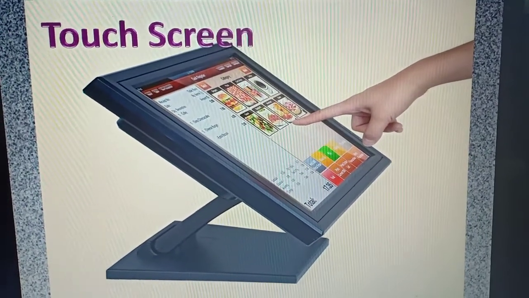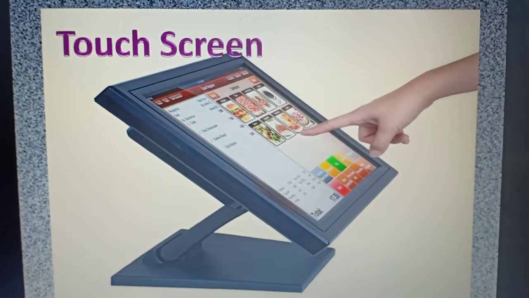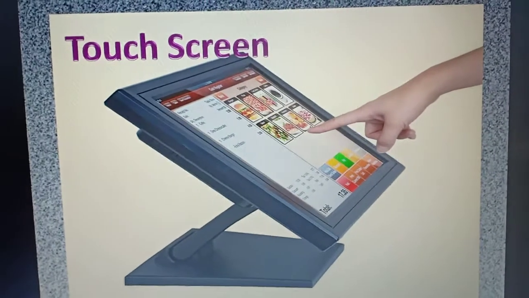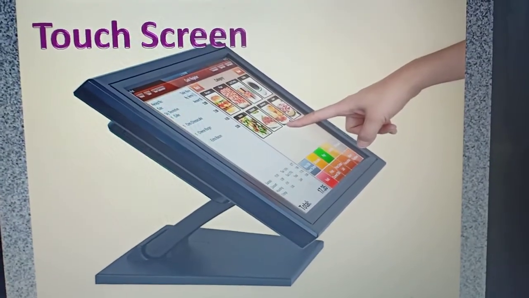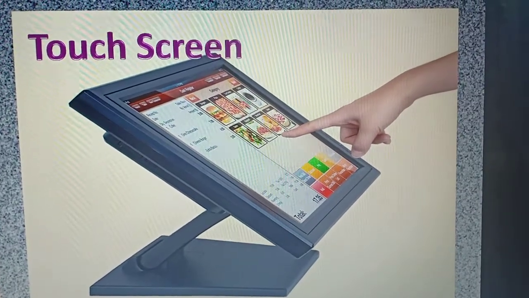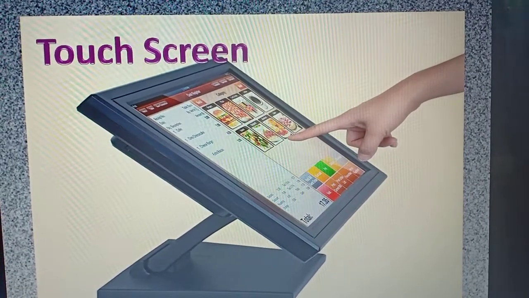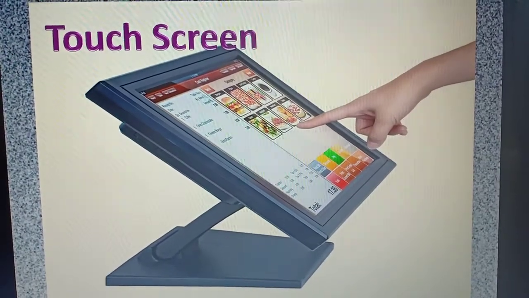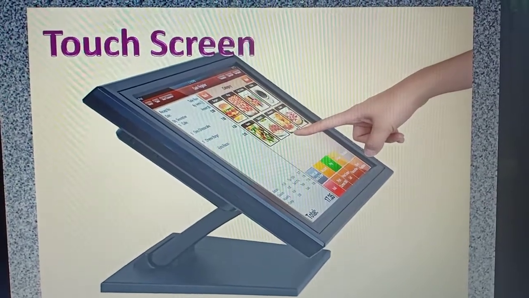The next one is touch screen. This touch screen helps us to enter data by just touching the display on the screen. See, that hand is touching on the screen. By touching, just only touching by our fingertips, it can enter into the computer. It records the data the moment our finger comes in contact with the screen. Whenever we touch on the screen, that records the data. Here our finger acts as a pointing device.